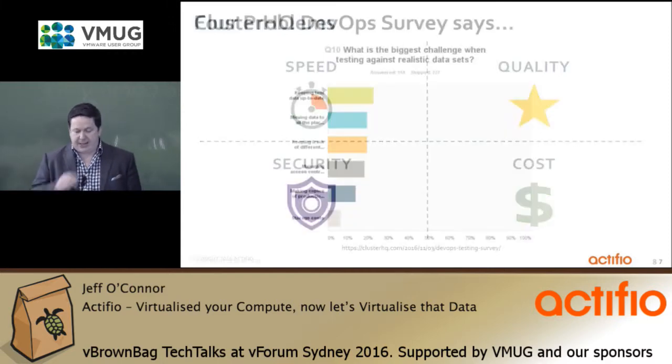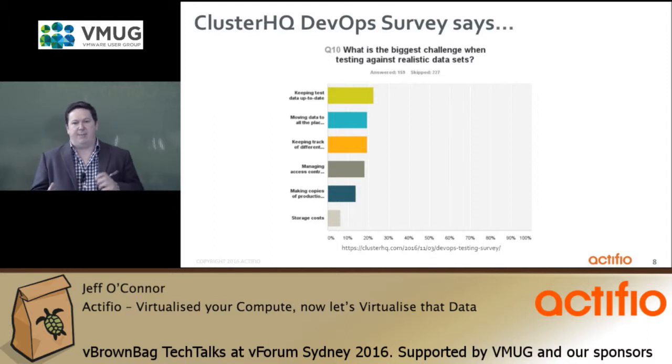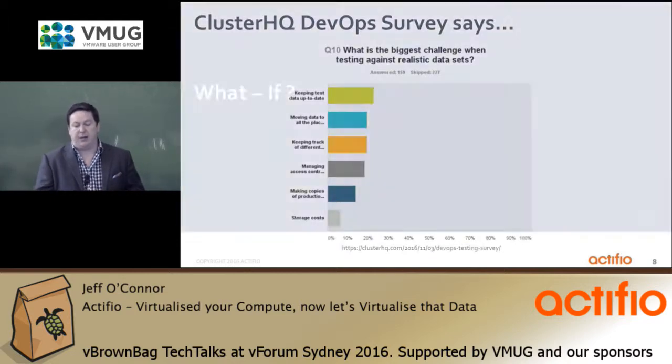And as one of the other questions that I pulled out of this recent survey talked about, again, to these developers, tell me about the challenges you have when you're testing with real data sets. Is it keeping data up to date, in terms of giving me yesterday's copy to test my code against? Is it about the movement of data, the storage you consume, or the time it takes to move a large data set? Is it about keeping track of all those changes and all those different copies that exist, and so on and so forth? But this problem exists in your enterprise today, and it's certainly something that the Actifio product